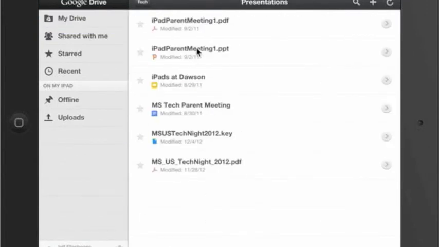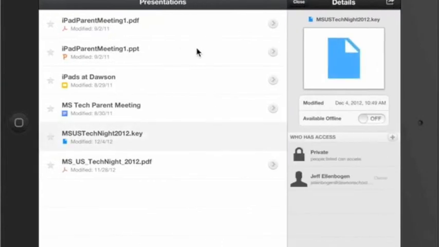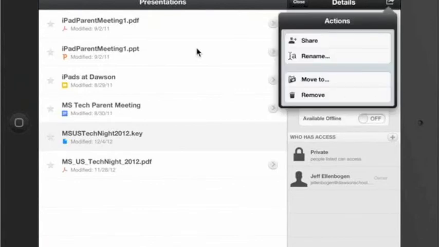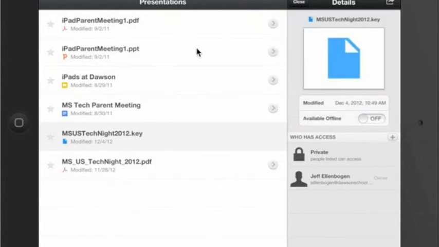And again, the best thing about this is that I could download this later if I needed to, and I could also give access to other people who might want to see it. If I wanted to open this, let's say I put it up onto my Google Drive and it got deleted from my Keynote app for some reason, I should be able to press this button here. I'm sorry, that's not what I would want to do, just kidding. I actually would want to try to open the Keynote.